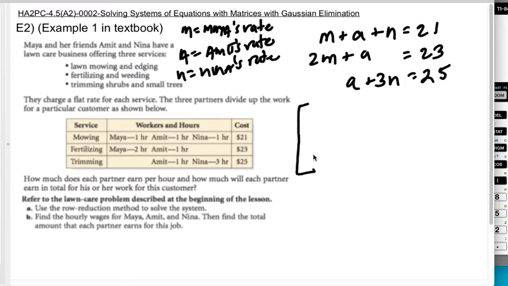So if we make this an augmented matrix, it's going to look like this. 2m, 1a, none for Nina, put my colon there, and no Maya, 1 for Amit, 3 for Nina, and 25. Cool. Okay, so